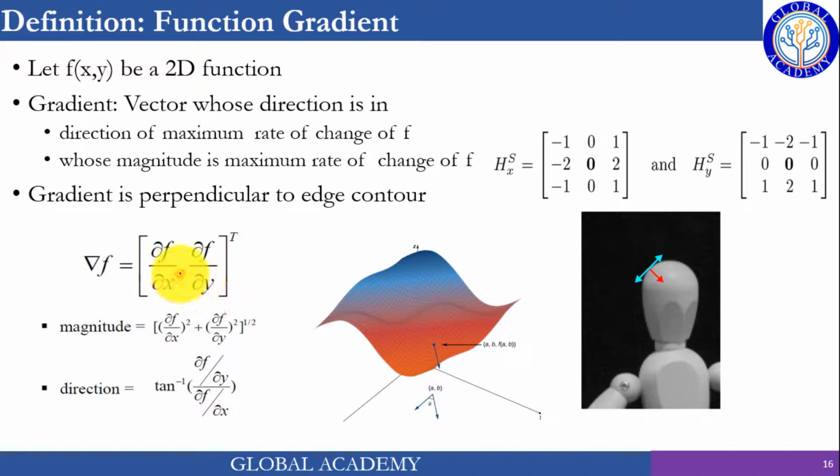So it's a vector, and we can compute its magnitude using the standard formula: x component squared and y component squared and the whole square root, and similarly we can compute direction. These two values are in fact scalar values, single values. This one represents magnitude, and this one represents some angle.